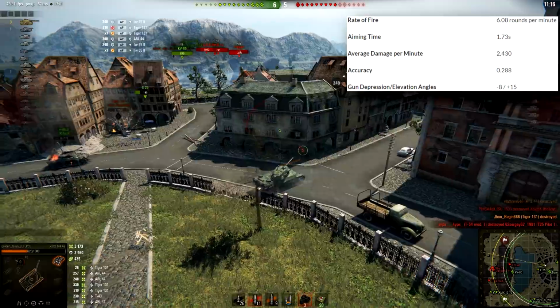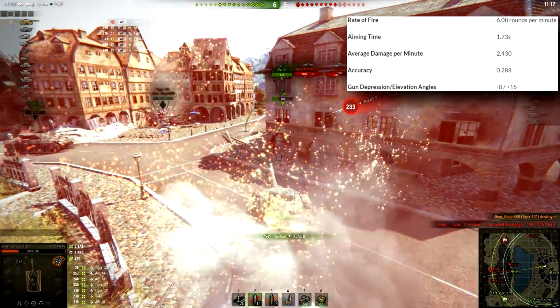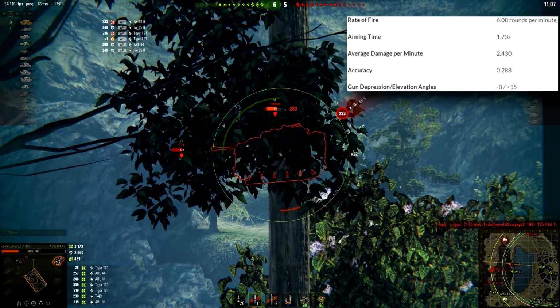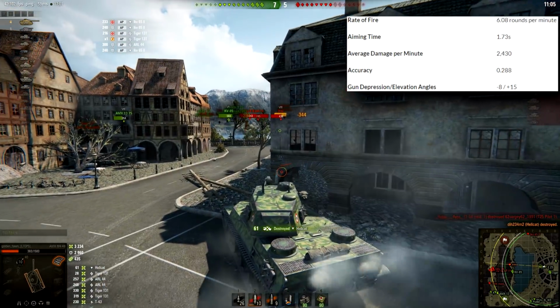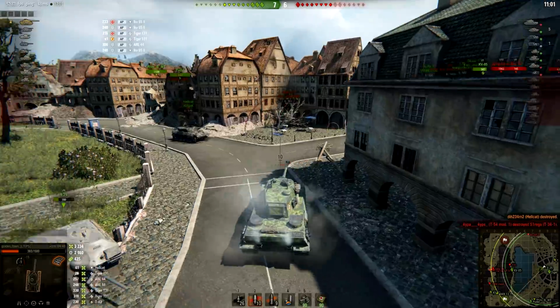1.73 seconds, average damage per minute 2430. Accuracy is like DD, 0.29 rounded up. Gun depression, gun elevation -8 and 15 degrees. But the second gun option, guys,